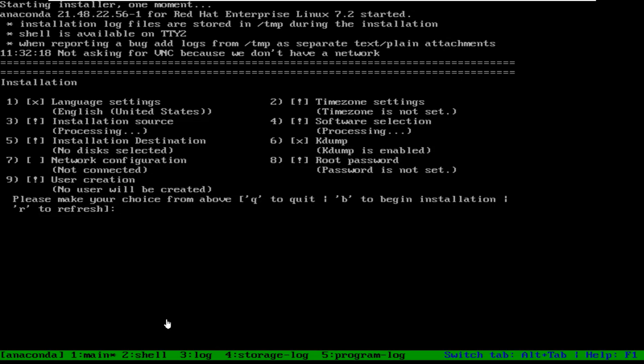Okay, now here we have the options for installation. It is showing the options number wise. You can see it is the installation and you have all the options numbered, 1 2 3 4 5 6 7 8 9 options we have. Now we have to configure all these options. If an option is configured, then you will see this cross mark. If the cross mark is there, that means the option is configured. And if there is this exclamation sign, that means the option is not configured and you have to configure it.